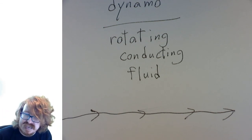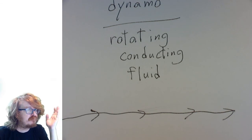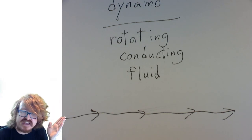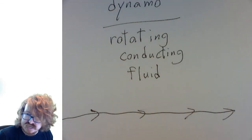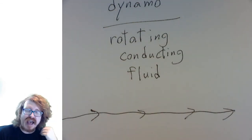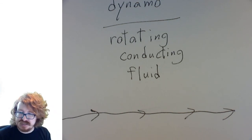So, what we're getting at here is that any planet that has a magnetic field inside, it must have some kind of rotating conducting fluid, okay? That's why the magnetic field is a clue as to what the inside of that planet is. Now,